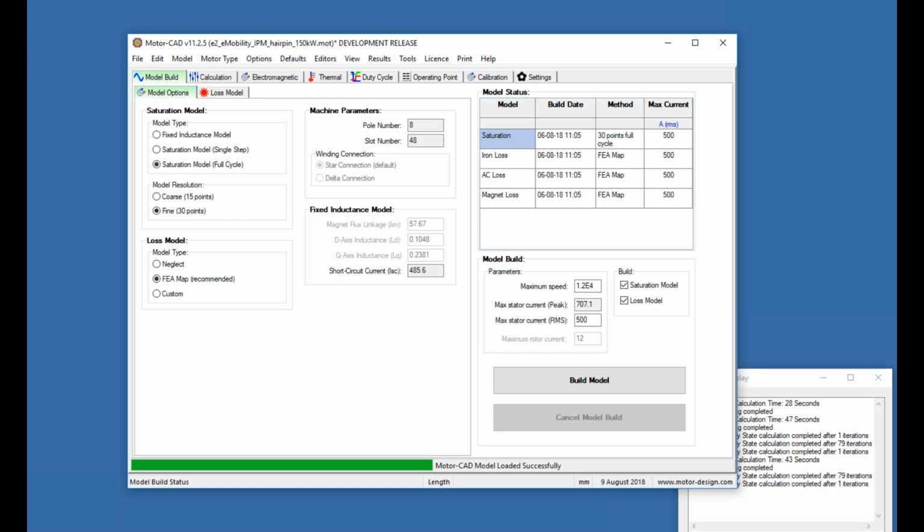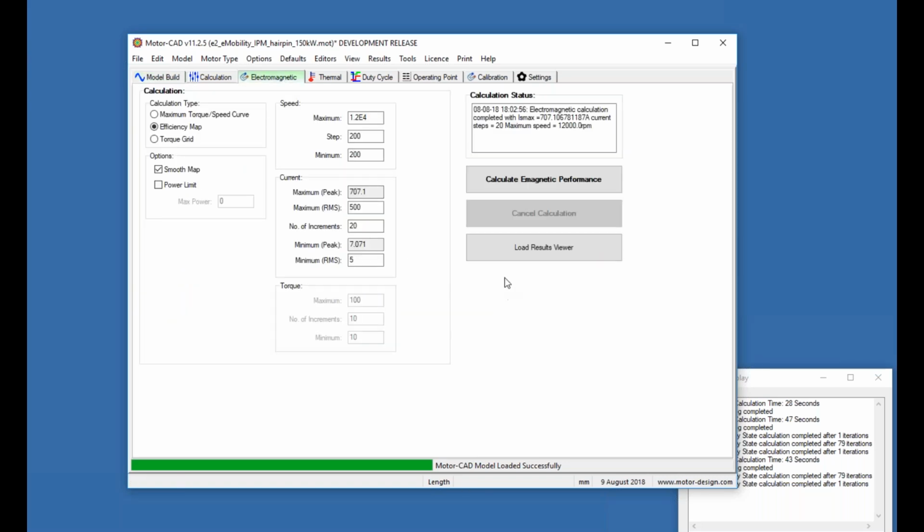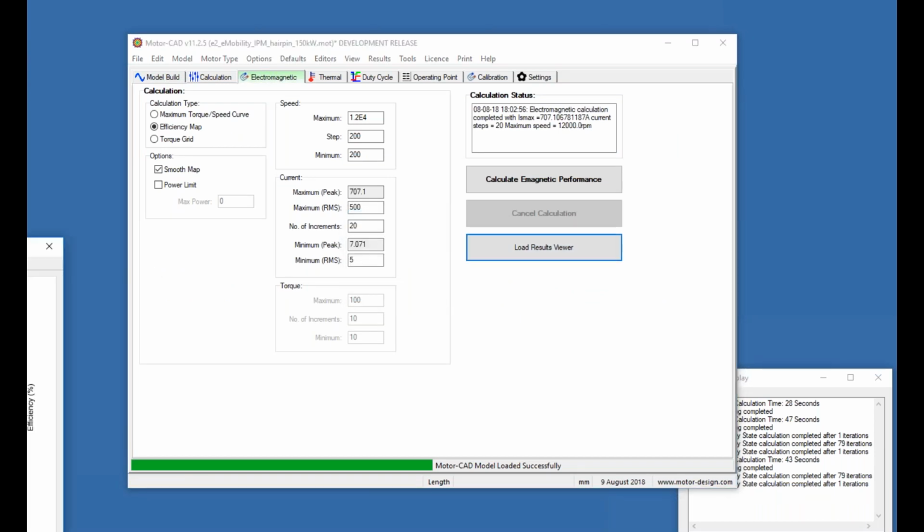So we've mapped all of these, and we put a lot of effort into making sure this is solved fast. So it uses a multi-threaded approach and solves lots of different operating points in parallel. So again, this model build should only take minutes to solve and allow you to work iteratively. And then once we've done that, we can very quickly generate efficiency maps. So I'm going to show an efficiency map here of my machine